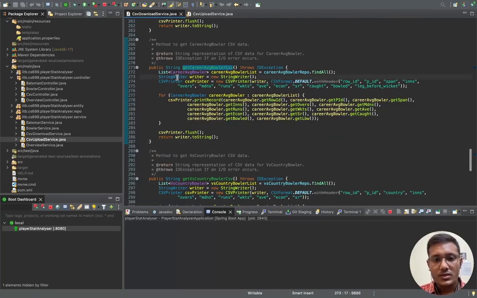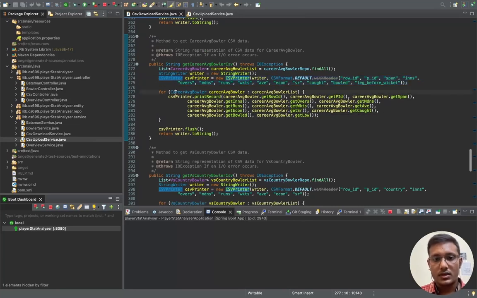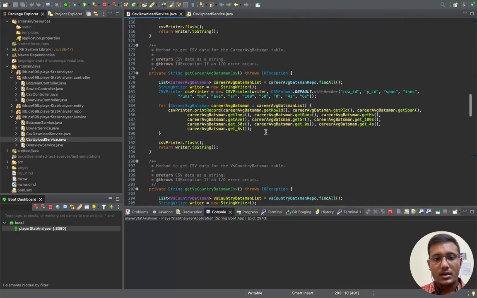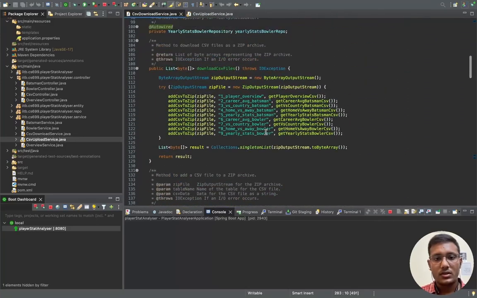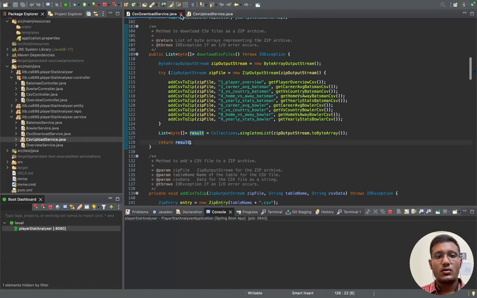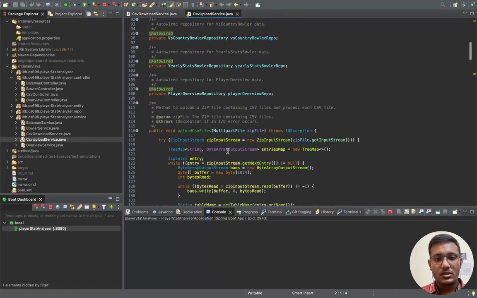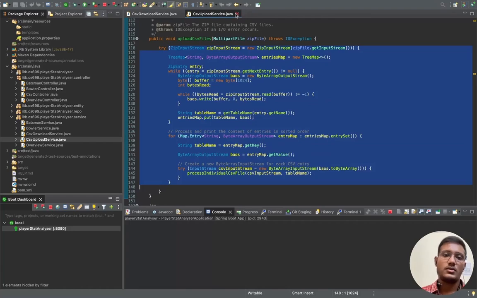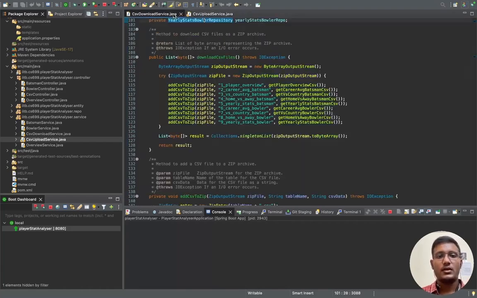Now, we are using string writers and CSV printers to print first the column headers, then the data we are getting by iterating through the database. Same thing for all, mostly. And finally, after getting all this, we are zipping it and downloading it. Fine. So this is the download, and upload will be just the opposite. We will get the file, unzip it, iterate through it and save to the database. Fine. So this is done,